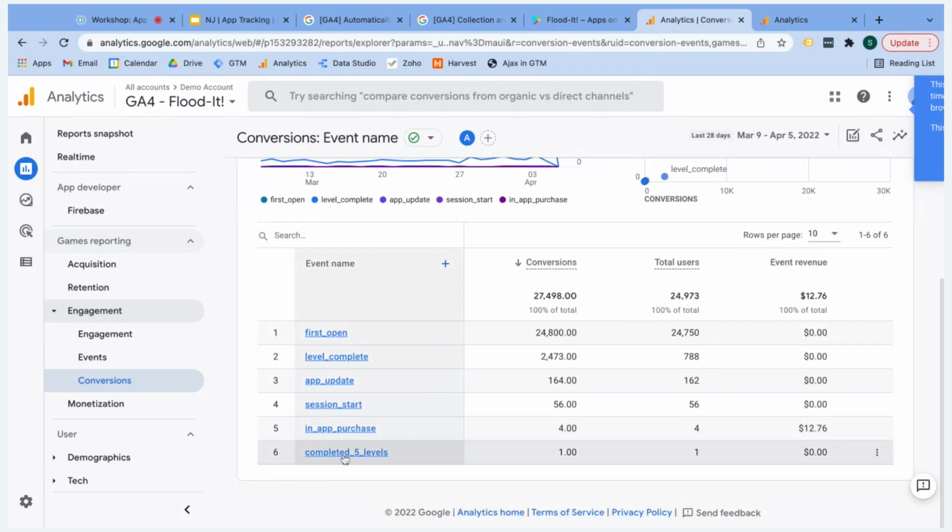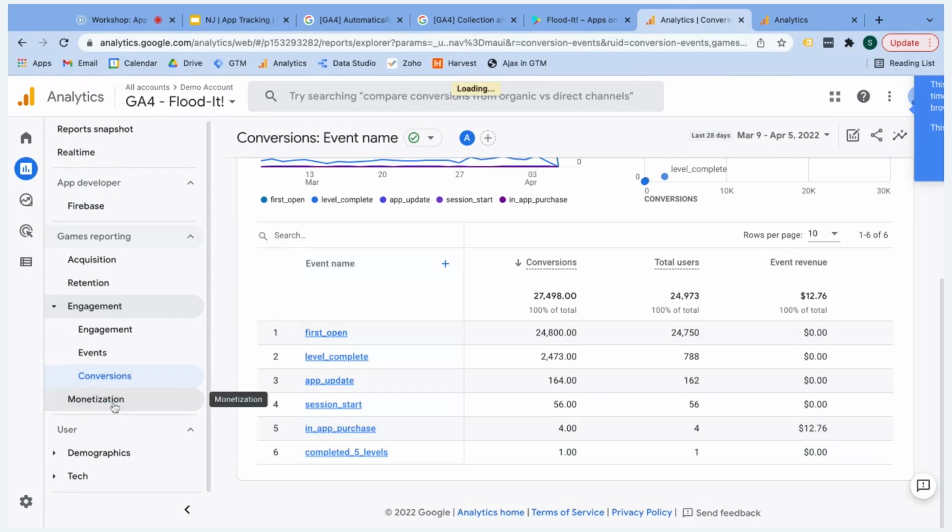So what they can then do is choose in Google Ads to optimize the campaigns to find users that are more likely to complete 5 levels. How they do that is they go into the behavior of the users who've achieved this event or completed this event, and then find users similar to them. Then you get the monetization, which